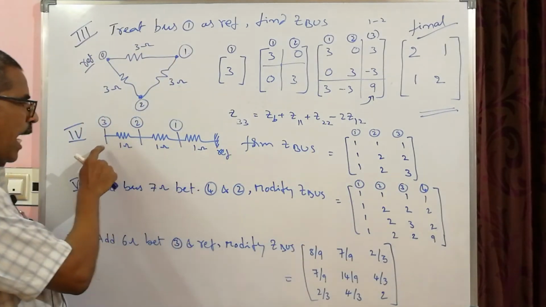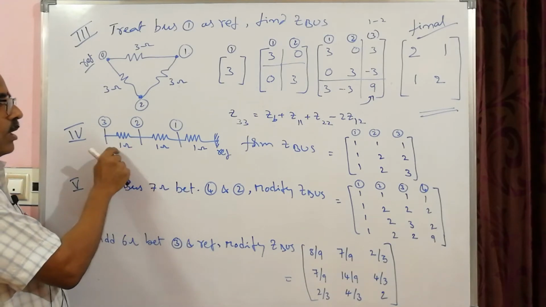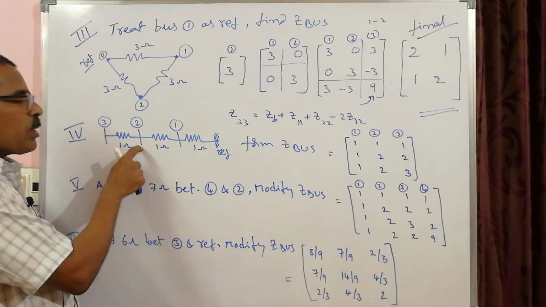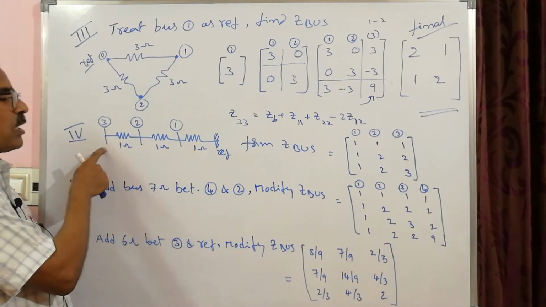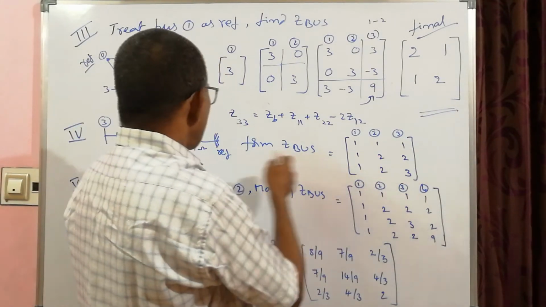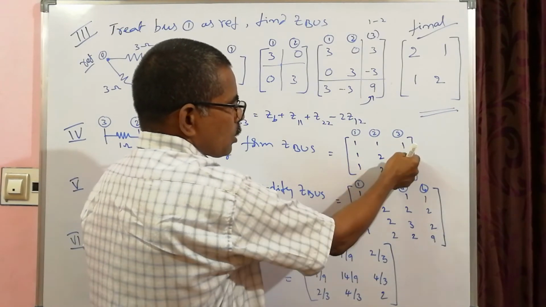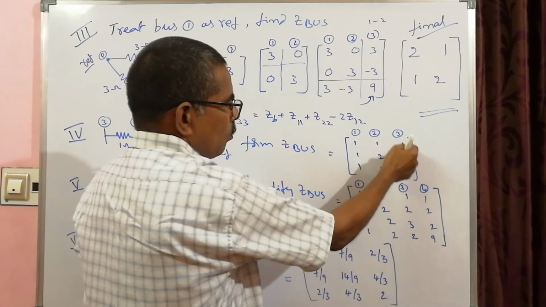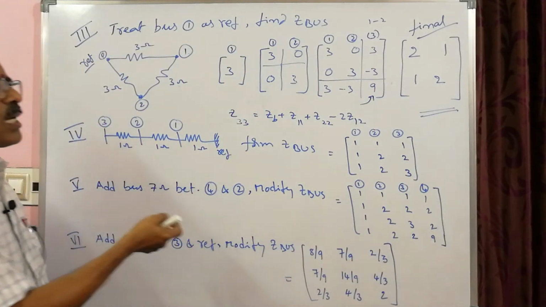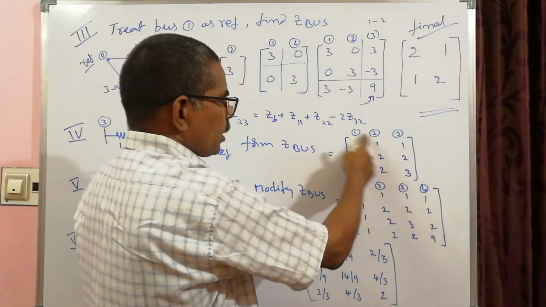And then when you add in third step, third bus, which is getting the addition, that is you are adding 1 ohm between second bus, which is existing, and new bus third. So again the dimension increases, you are adding to 2. So second column you are just copying 1, 1, 2, 2. So this is also 1, 2, 1, 2. What is this? This is again ZB plus Z22 it becomes. So that is 3. So this is Z bus.